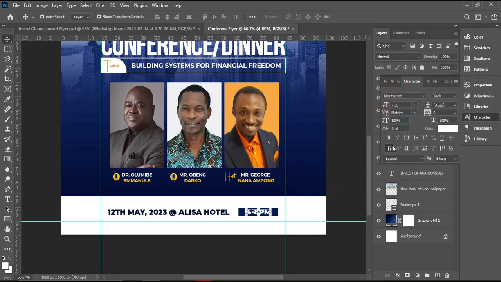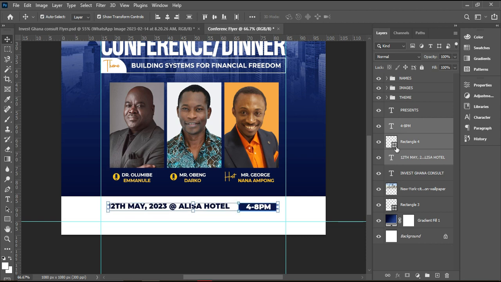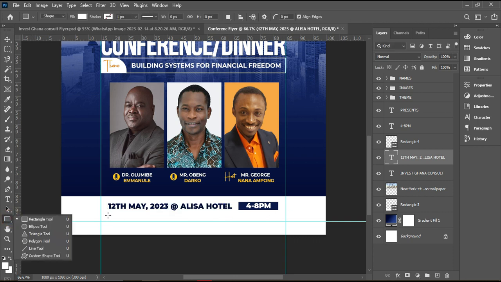Absolutely beautiful. Okay, then I'm going to align everything here together with the dates, align them horizontally. Make sure that everything is aligned. Let me shift it up a little bit. Okay, then what's next is to, let me enlarge it a little. Okay, very beautiful. And then draw a rectangle which is going to be